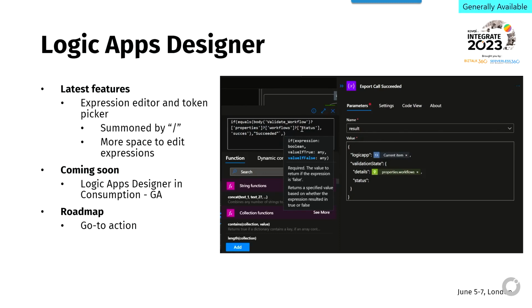And the code behind it is XSLT? It's still XSLT for all of them. So it doesn't change. Today when you work in XML, you're using XSLT. When you're using JSON, you're using Liquid. When you're running that on the current transformation, you have to get different ones. Yes. On this one is a single data mapping action that gets the map because it's always going to be XSLT, and it understands the output